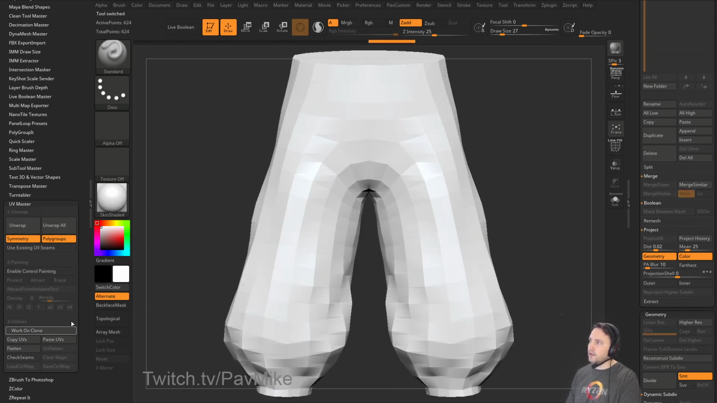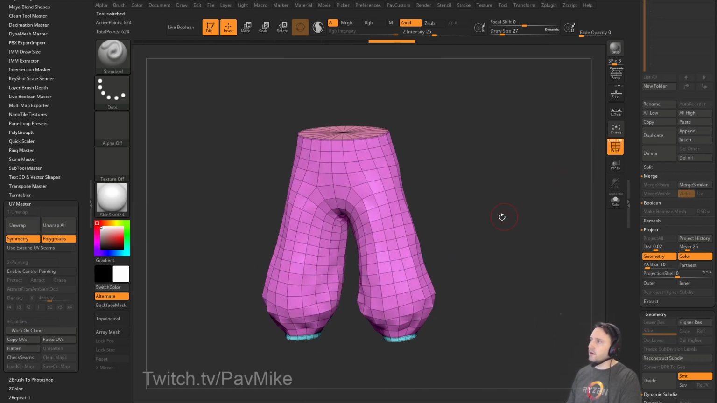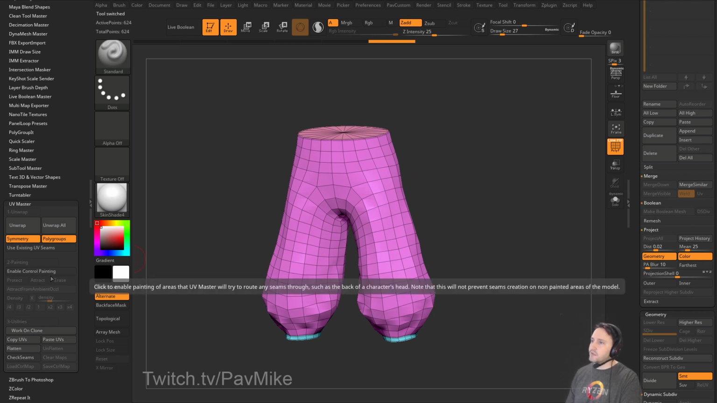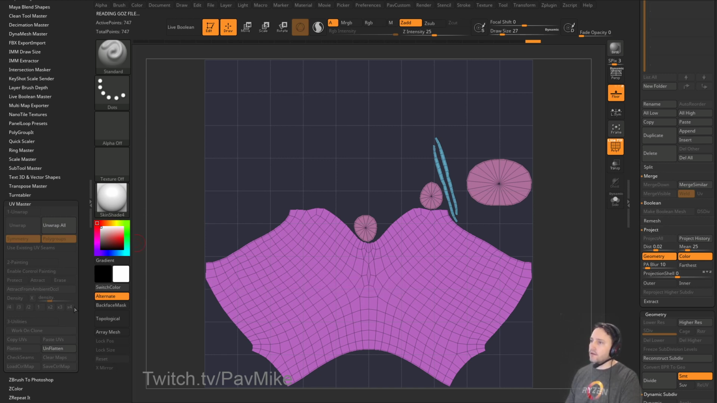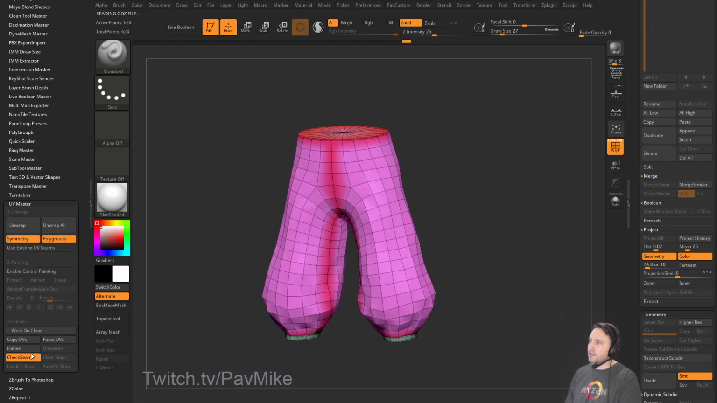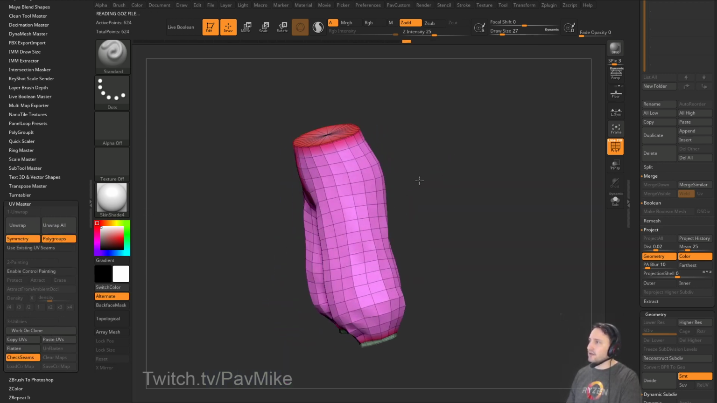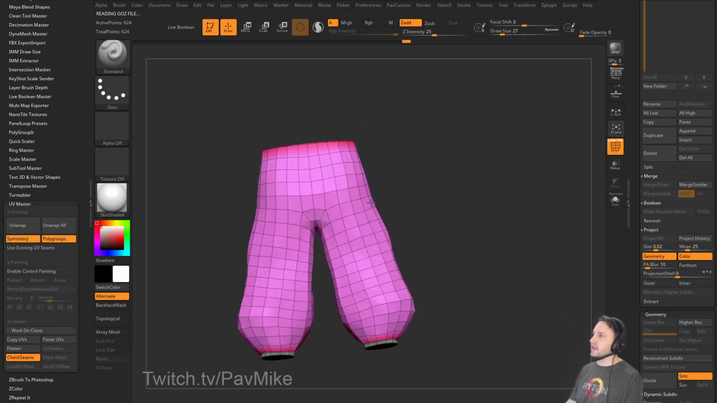So we're going to say using both of these, let's work on a clone. We can go down to subdivision level 1. Here we go, let's just see how it does. We can hit unwrap, we can hit flatten, and that looks pretty good. We'll unflatten and check my seams. Okay, we have a seam going right down the middle,